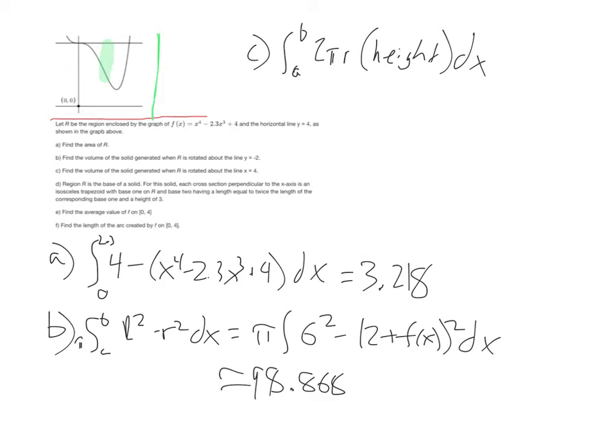So you've got 4, you've got x, and then you've got the difference here. My radius is 4 minus x. I'm going to go ahead and factor the 2 pi out. And then my radius is 4 minus x. And my height is just the height of this rectangle, which is the same as it was here, 4 minus the function value. 4, I'll do it again like I did in the last one, 4 minus f of x